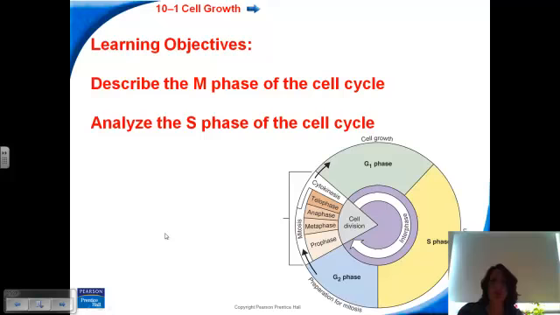So we just did the two learning objectives. In the last lecture, we did the M phase of the cell cycle, or the cell division, mitosis, followed by cytokinesis. And then we've just talked about the S phase and how DNA is replicated. And then just remember that those two G phases are growth and the cell just doing its cellular job, whatever that happens to be for that cell. And that is Unit